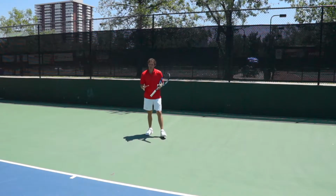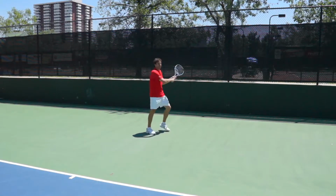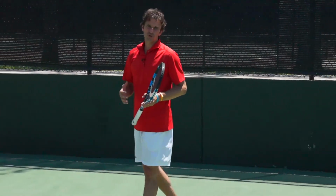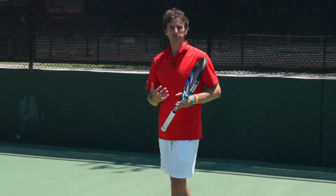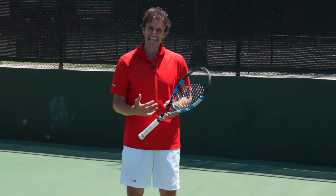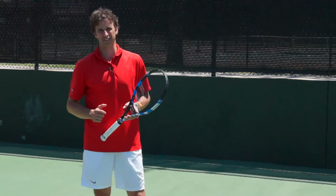Again, you're under stress, you're struggling, you've got to be able to do something with your feet instead of just reaching for the ball and not using your legs. So now let's show you how you can actually move back on your ground strokes. You can practice your drop step, and you can work on hitting off your front foot and hitting off your back foot